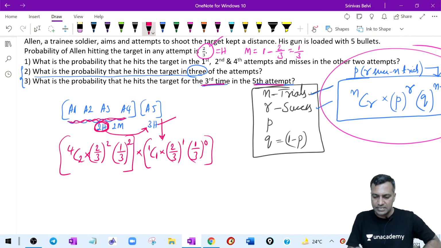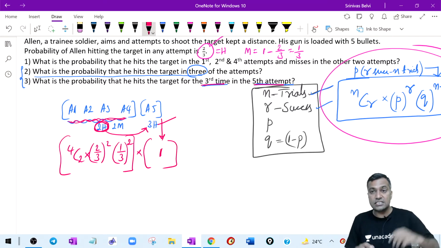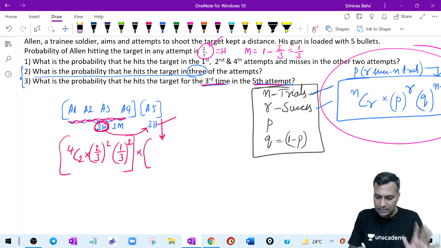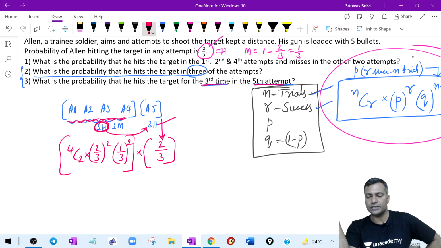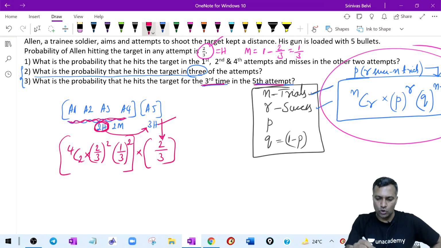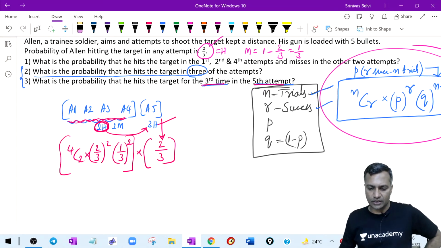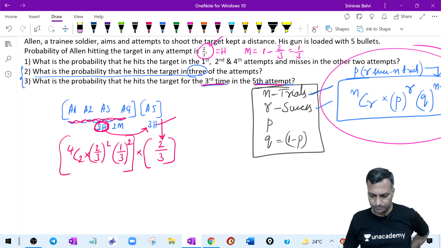But some people make a mistake of writing 1 here, as if that fellow is going to hit. He is not going to hit. You still have to write the probability stating that the probability of hitting is 2 by 3. That is it. Everybody clear about this? Don't write 1. It's only probability we are concluding here. There is absolutely no certainty. It's only a probabilistic study. Don't make it anything certain unless it's certain.